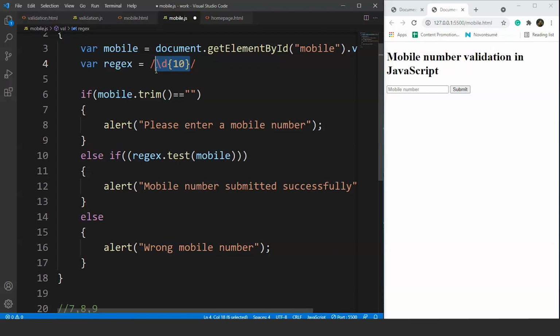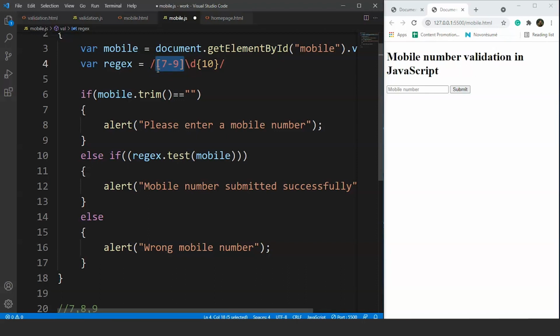The next thing we need to do is the initial digit of a mobile number, that can be 7, 8 or 9. So for that, we'll define a range for the initial number and write it before this character class. We'll define a range over here. So we'll use square brackets and write here 7 to 9. Now this particular statement defines a range that consists of only 3 numbers, 7, 8 or 9.